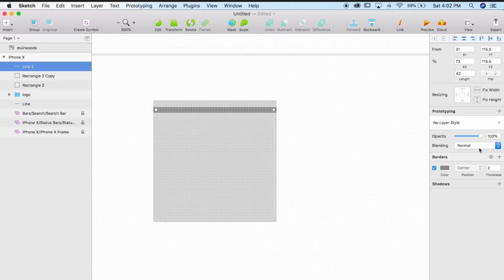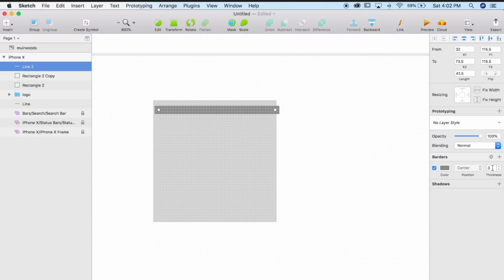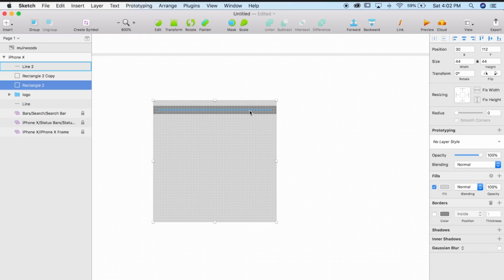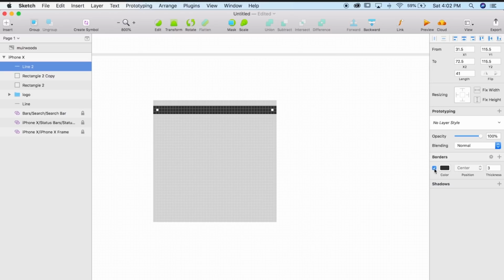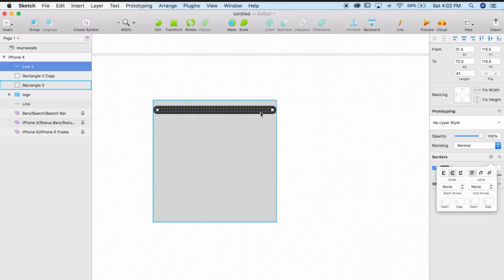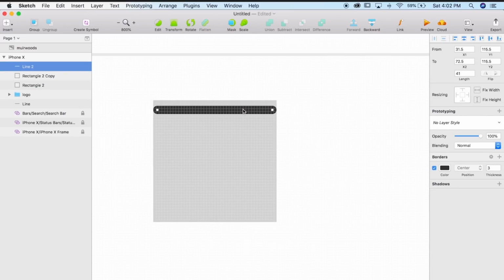So I'm just making a line here. And I think I want to make this thickness about 3. So my stroke thickness is 3 here, and I'm just lining it up to the edge of this container. And then I'm going to also click on border settings and set the ends to be rounded. Since this is a more friendly, approachable brand, I feel like we could round the edges just to make it a little bit more, I don't know, fun.